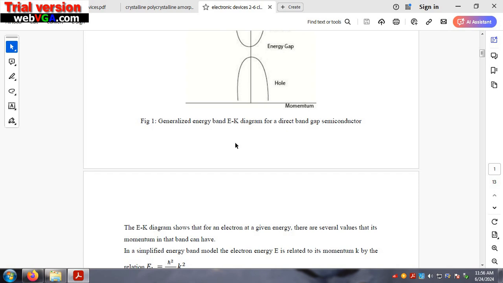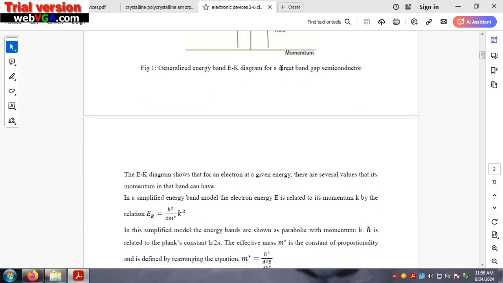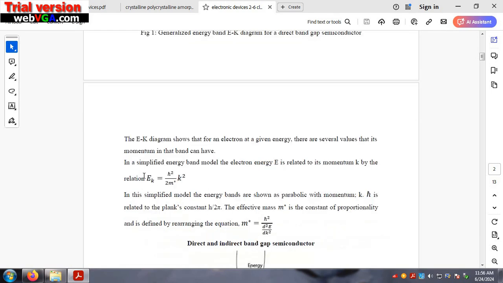So if the electrons exist here and here at the same energy level, then the momentum values are different. The energy of an electron, termed E, is related to its momentum k by the equation E(k)